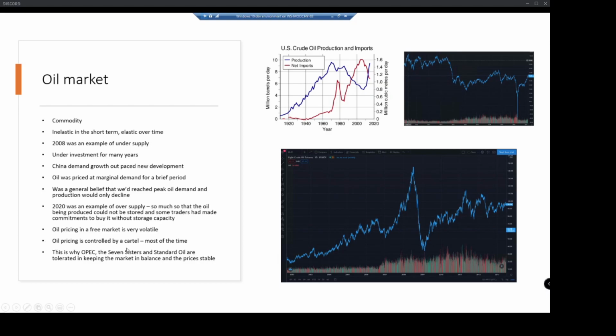And so oil pricing is controlled via a cartel. It's illegal to run a cartel in the US. In my country it's illegal to run a cartel. But it is kind of reluctantly accepted in oil, because the alternative is even worse. Oil goes from hugely oversupplied to hugely undersupplied, and the market just gyrates between the two, and suddenly we're all driving cars or we're not driving cars, and it's just not good for global stability, basically.